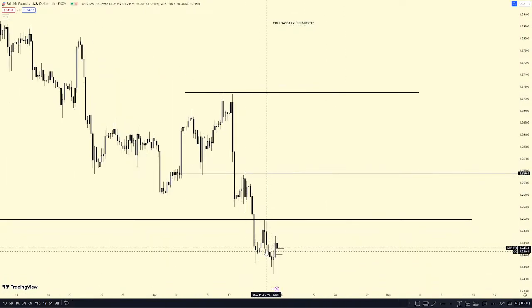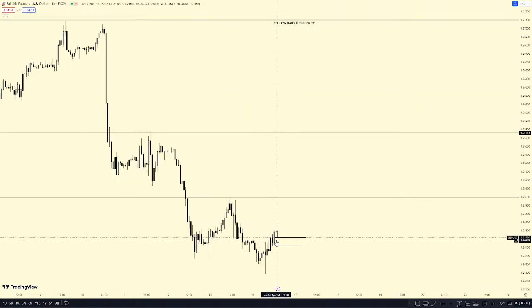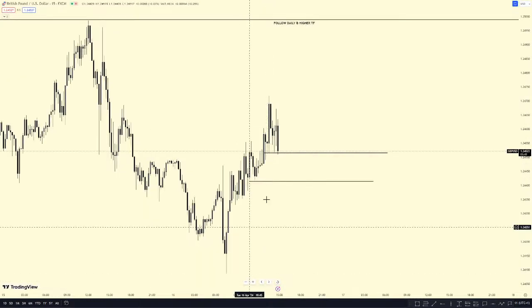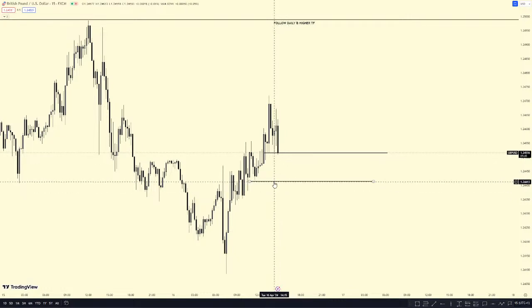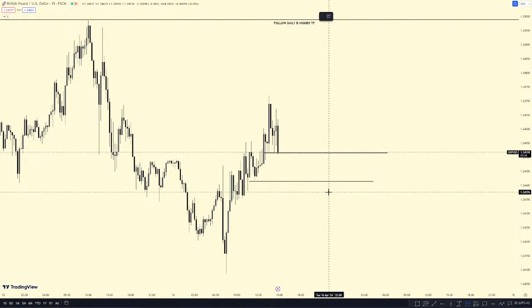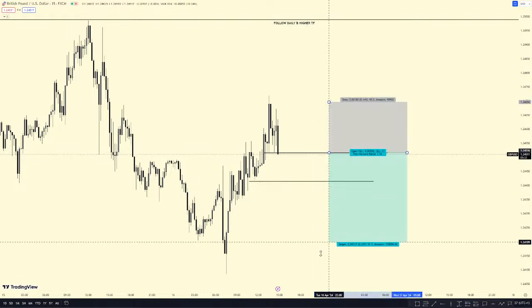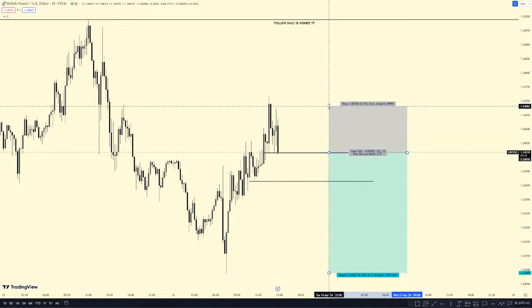I'm going to want to have more confirmation of what I'm seeing. And what I'm saying here is let it break this low, and then I'm going to enter. Okay, so that's my short position. After price breaks this low, I'm looking for a short position all the way to clear that low there. And that's 1 ratio 2.7 also.